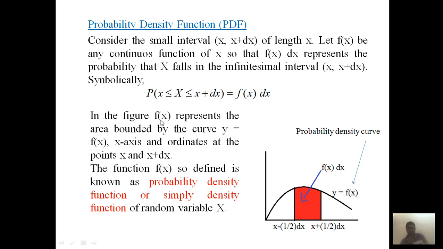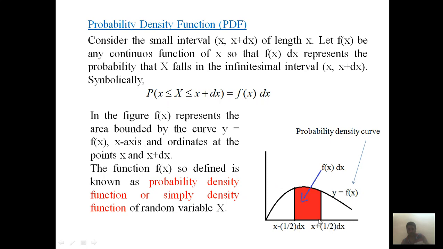Now see in the figure, f(x) dx represents the area bounded by the curve y equal to f(x). The left coordinate is x minus half dx and the right coordinate is x plus half dx, and the area is f(x) into dx. So this represents the area bounded by the curve y equal to f(x),